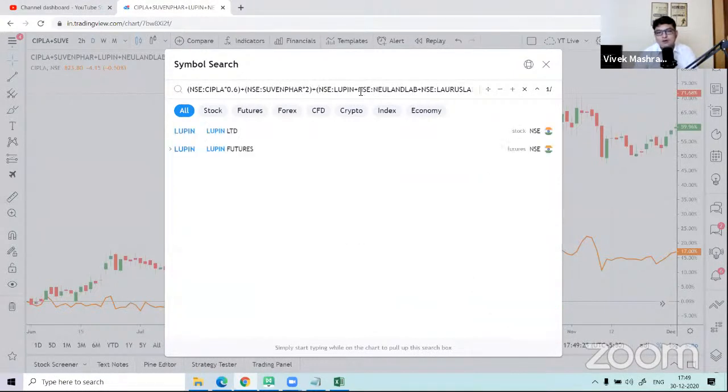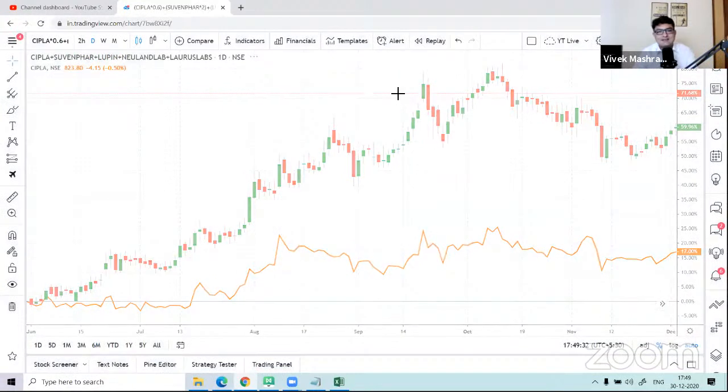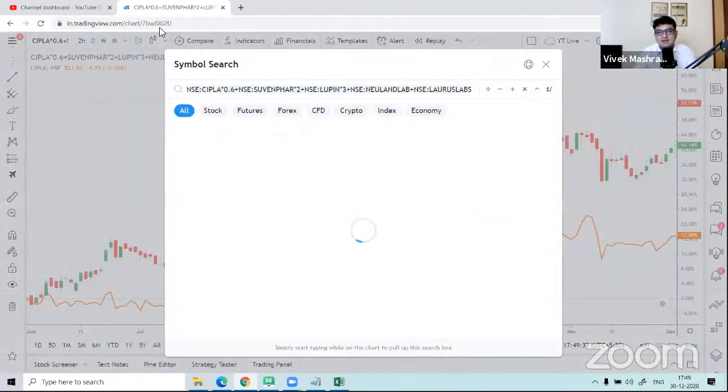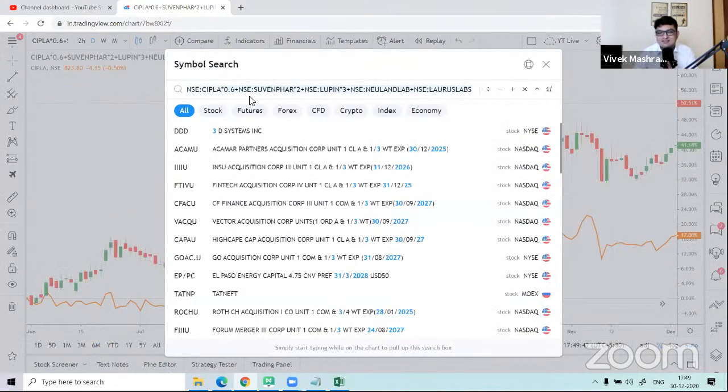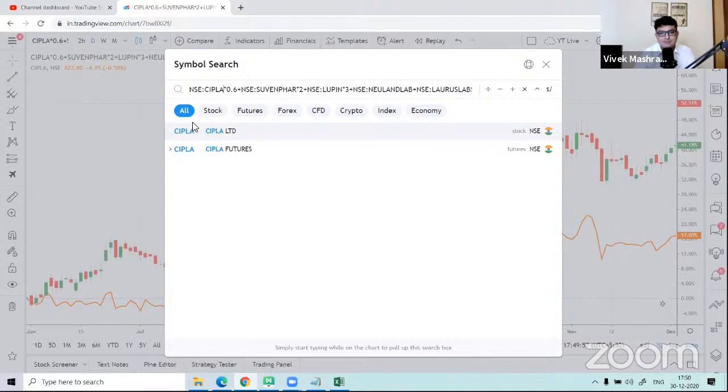And then for Lupin, I want to give, say, 3 weight. So I'm giving 3 weight, and the rest I'm keeping at 1. Just press enter, and the magic is here. This is how I've given a weight to my companies, and still it is a valid index. And on top of it I can also see the relative strength. I can also divide it. Say I want to divide Cipla by the same company. Let me just click here, and Cipla,